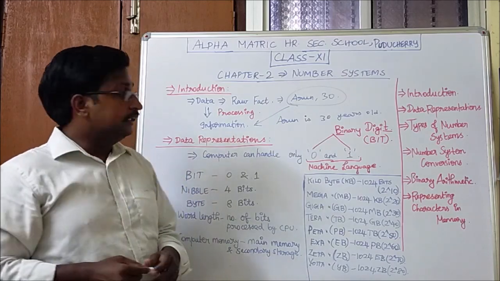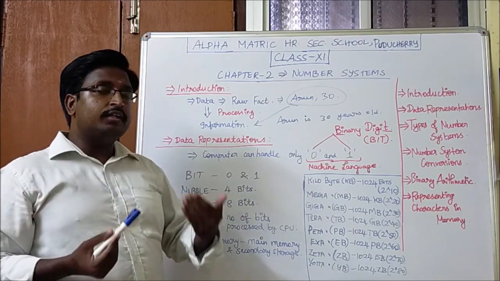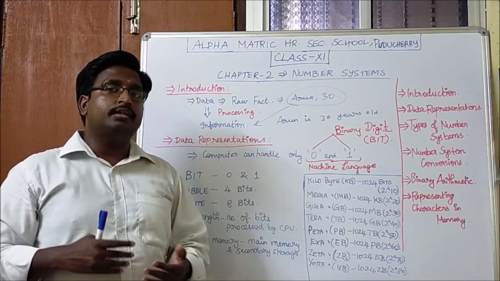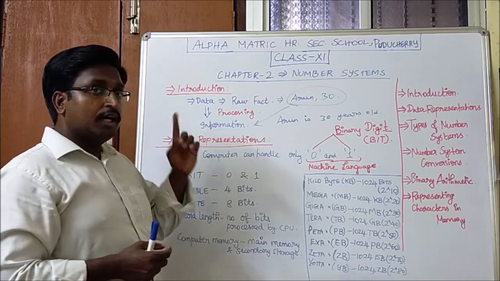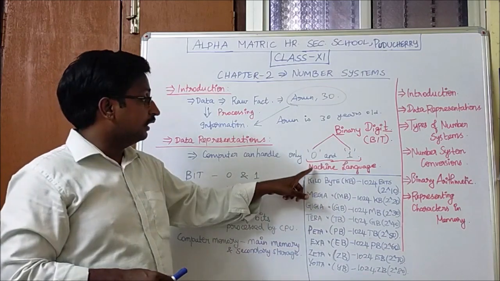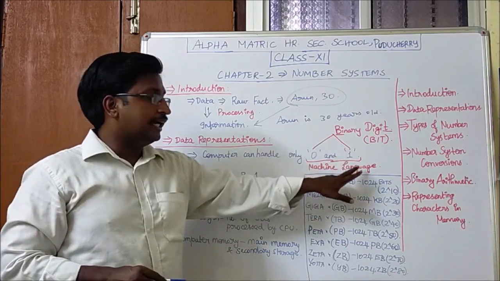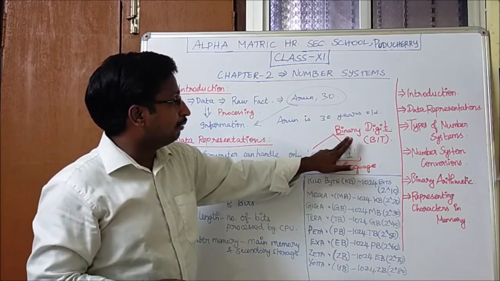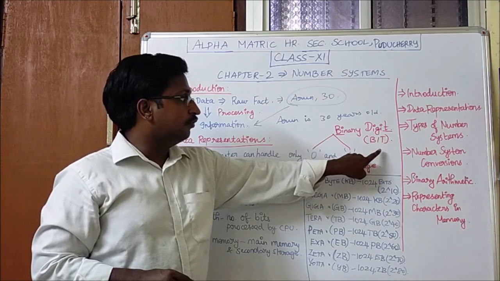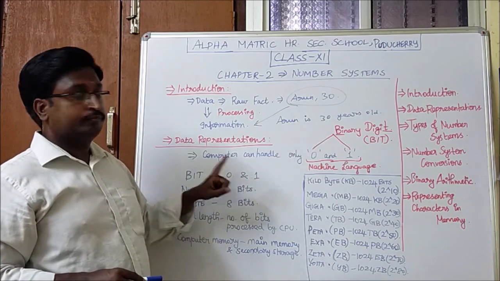Next, you will see how data are represented in computer's memory. Whatever the data may be, an alphabet or a symbol or a special character, whatever we give to the computer, it converts it, and it can only handle 0 and 1, which we call machine language. These two digits are called binary digits. Bi means 2. In short form, we call it a bit. So a bit comprises 0 and 1.